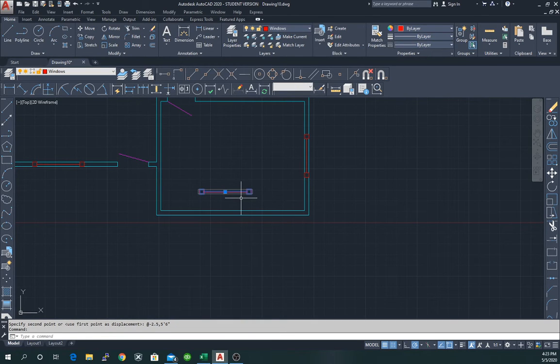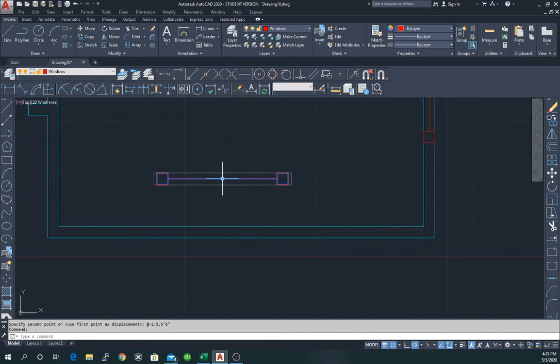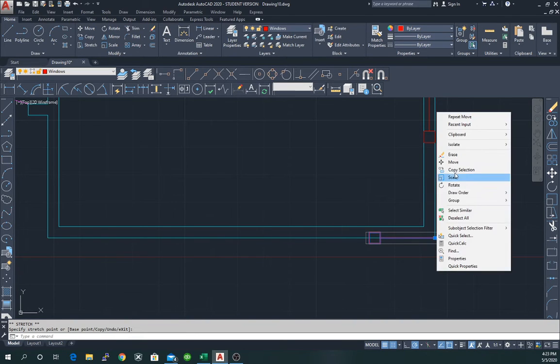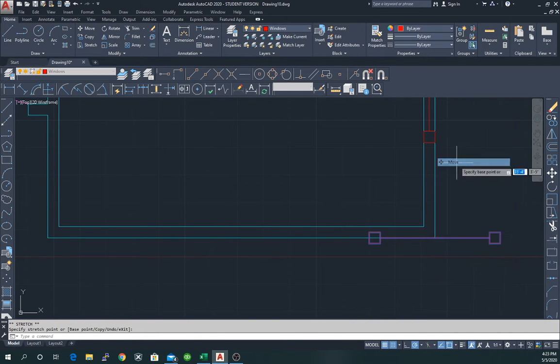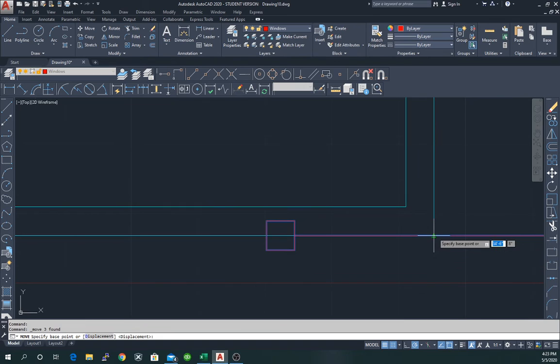And then finally our last window is 7.5 inches from this corner. So we'll first move it directly to the corner. Right click on the mouse, choose move. Choose the base point, which is going to be the center point, or the end, the corner point, which is actually the midpoint. And then we're going to do